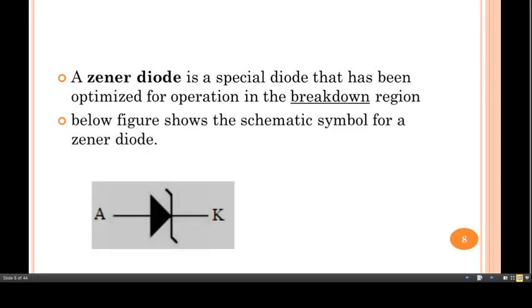So here is the schematic symbol for Zener diode. Like our normal diode, the symbol of Zener diode is there, but here additionally such type of representation is used to represent that it is the Zener diode. This terminal is the anode and this terminal is the cathode. Actual representation or actual view of Zener diode is like this. Means practically we can have the Zener diode picture like this.